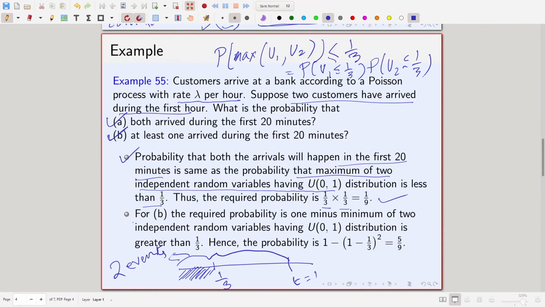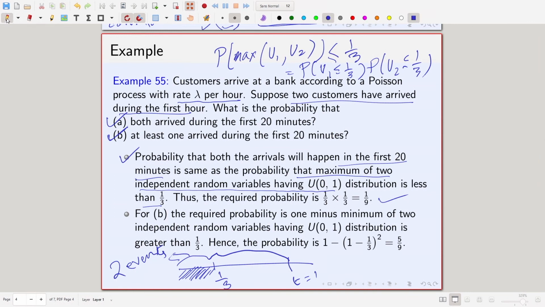First, let us try to find the probability that no arrival happened within time 1 by 3. But what is the meaning of that? That no arrival happened within time t means both the arrivals happened after time 1 by 3. That means the minimum of them is greater than 1 by 3. So the required probability is 1 minus the probability